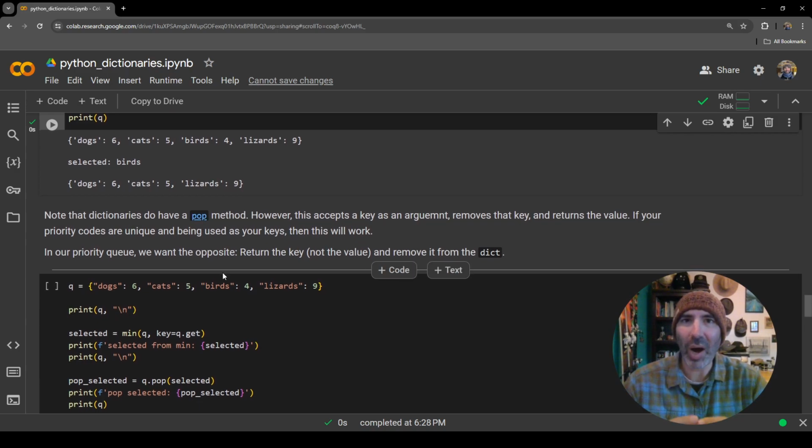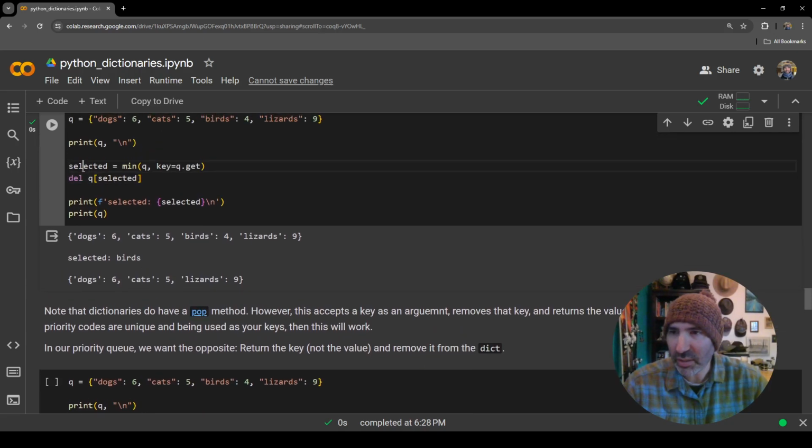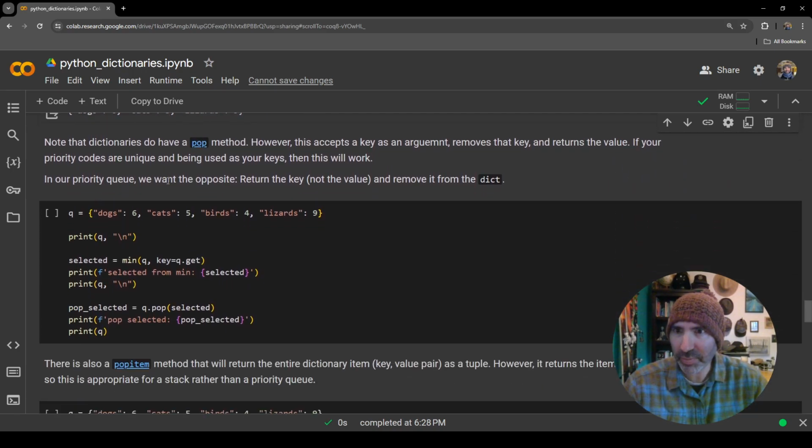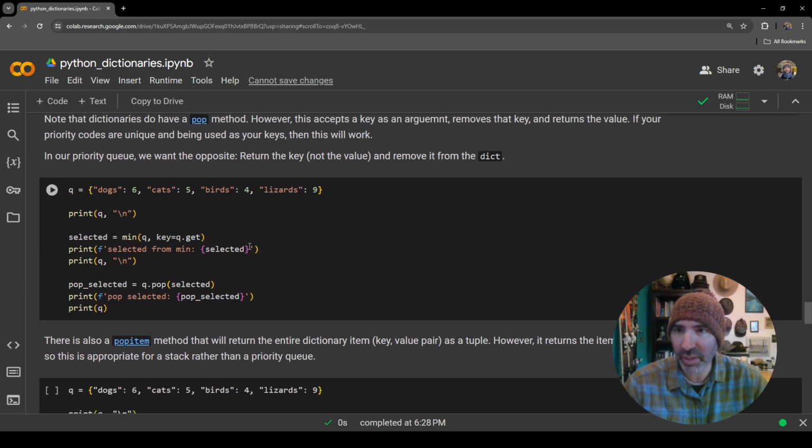You might have heard about pop. Pop is a concept that's more associated with stacks, and that does exactly what we just did here. It selects something and then deletes it from that collection and returns it for you. But pop doesn't really work the way we want it to in our priority queue here,